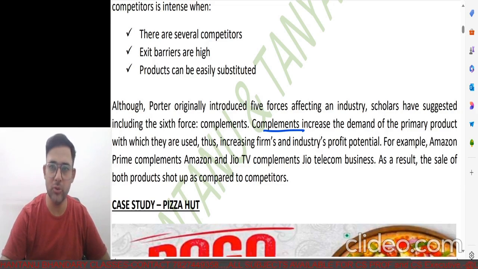Similarly, if you talk about Jio, they actually launched in the form of a telecommunication service, but slowly and gradually entered in the form of JioTV, and got the rights to even show the IPL, etc. So those who have been purchasing a Jio SIM will be getting a subscription for JioTV for, let's say, 6 months or 1 year. This is an add-on benefit to them, because if I purchase a Vodafone Idea SIM or an Airtel SIM, I think they are also offering these kinds of things, but it does not have as much variety as what Jio is offering.